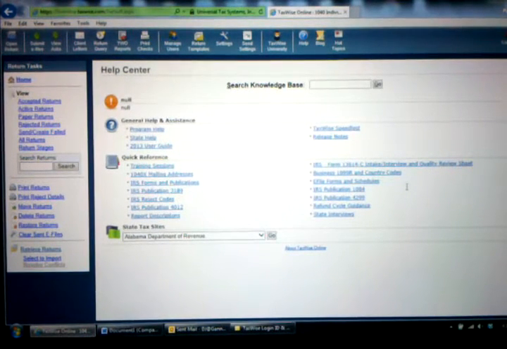Alright, so we got done creating our default template in the previous training session, and so now I'm going to log in and I'm going to create a return. So I did a couple things in the last demo. I was logged in with admin, I set up my default template, and I created a user who can create